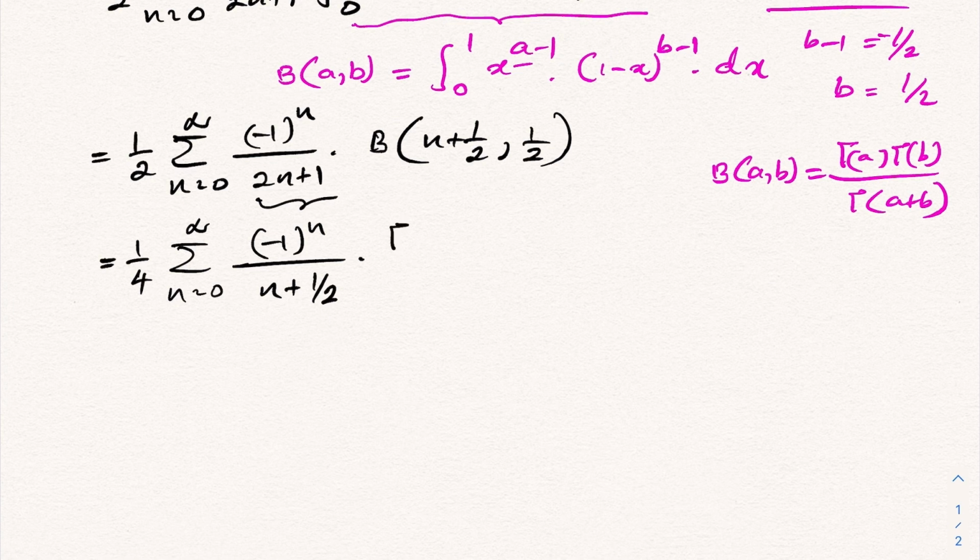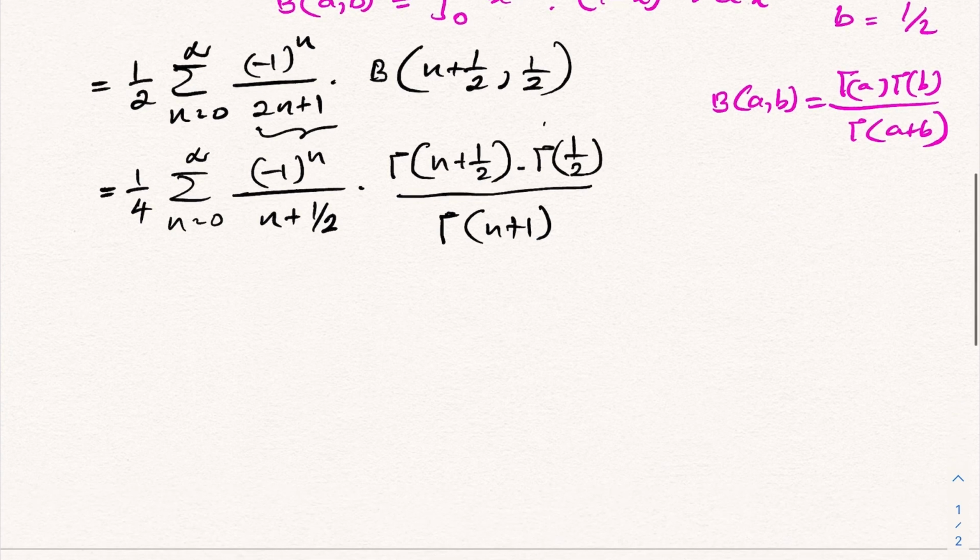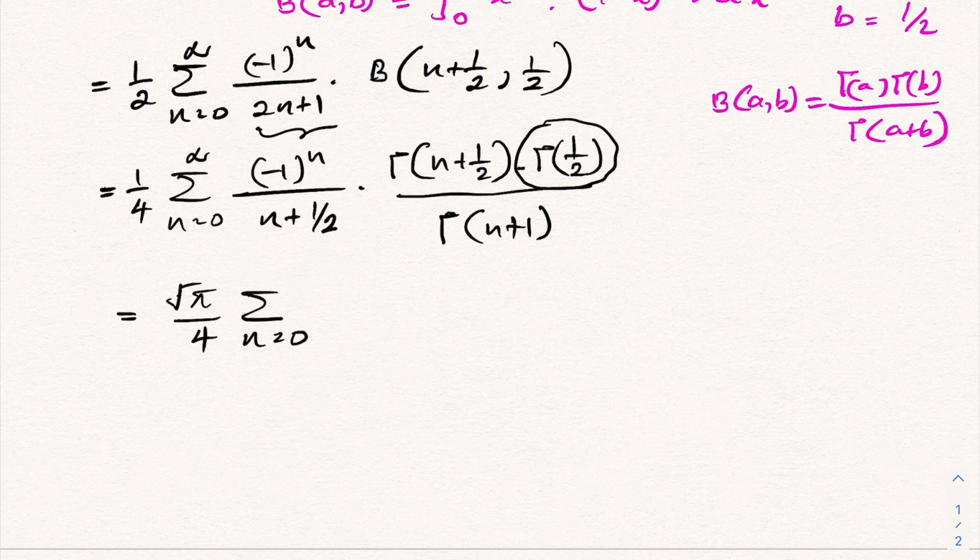We know gamma of n plus 1 half times gamma of 1 half over gamma of n plus 1 half plus 1 half, we know n plus 1, gamma of n plus 1. Well, then we know the value of gamma of 1 half is equal to square root of pi. So we can write here square root of pi over 4 infinite sum n equals 0 to